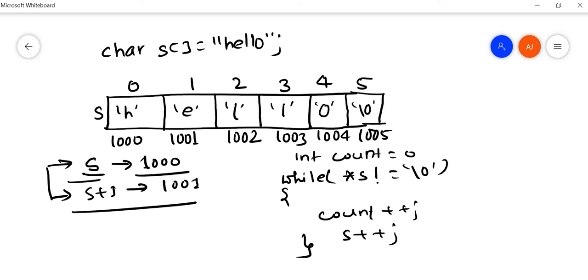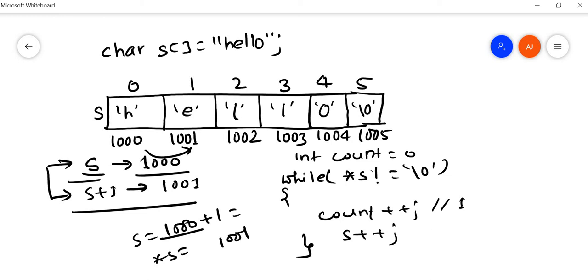Starting s will return 1000 and *s will return the character at address 1000, which is h. Since h is not equal to \0, our count value will be incremented. So it will be 1, then we will increment the address by 1. So 1000 plus 1 will be the next address location, which is 1001.